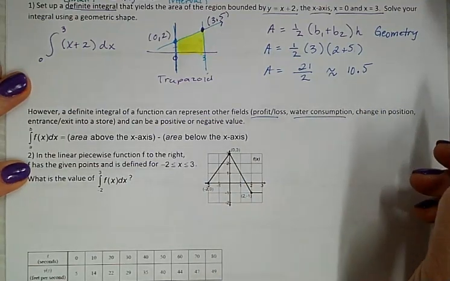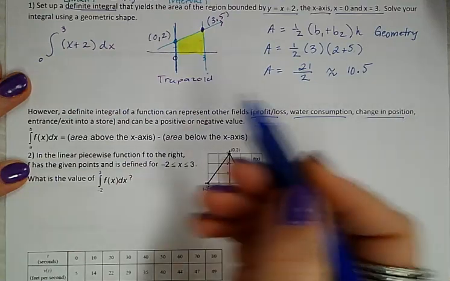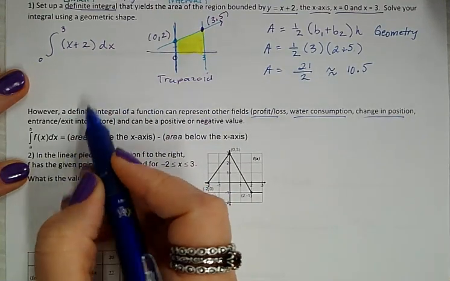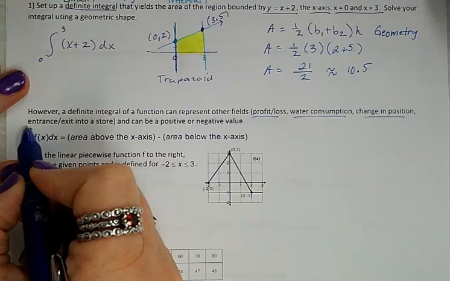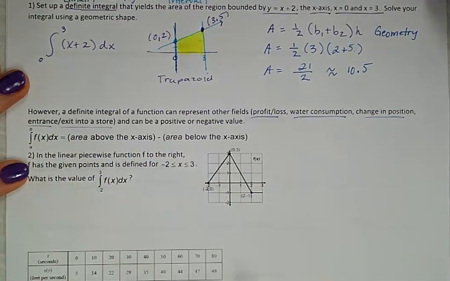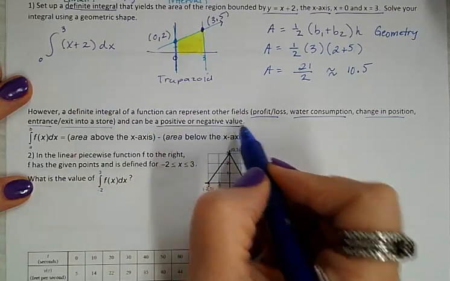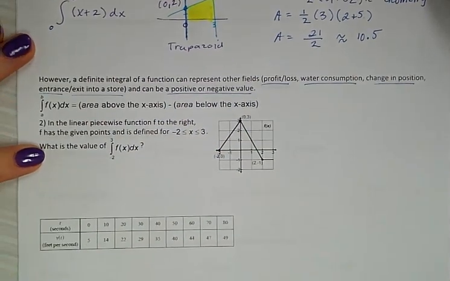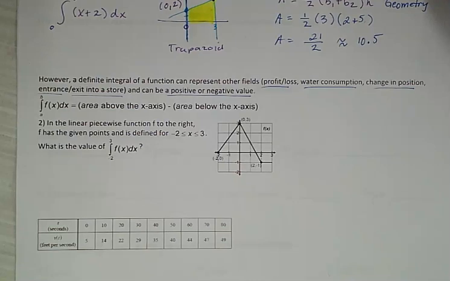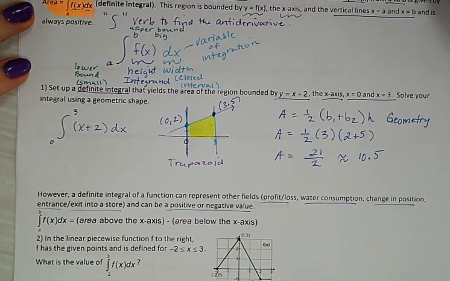You could be talking about a change in position. You could be talking about numbers or things when you go into a store and exit a store. And it can be positive or negative values in some of those situations. All right, so the problem with the positive, our definition right now, remember, is we said that we were looking